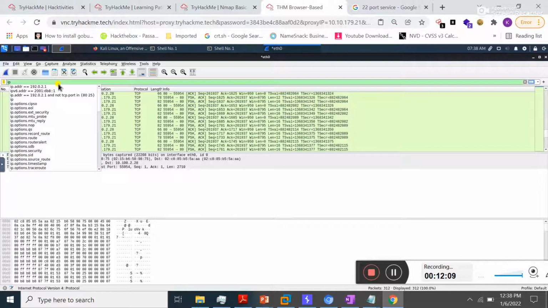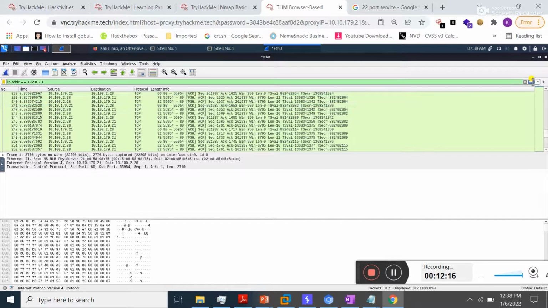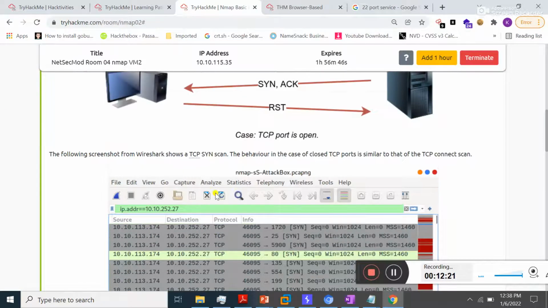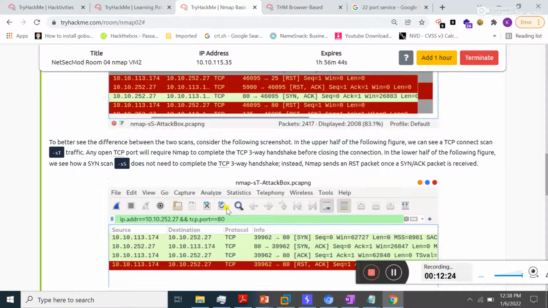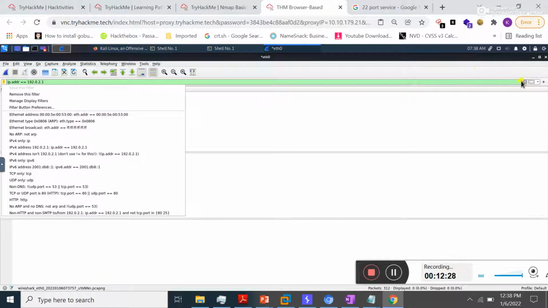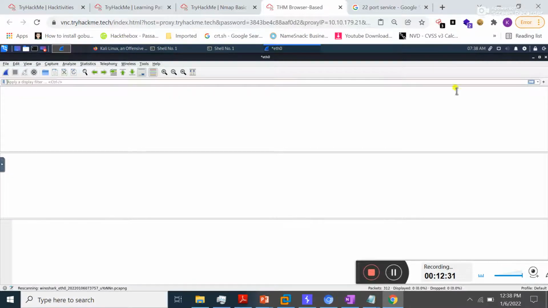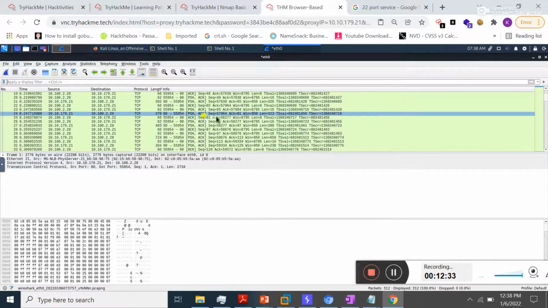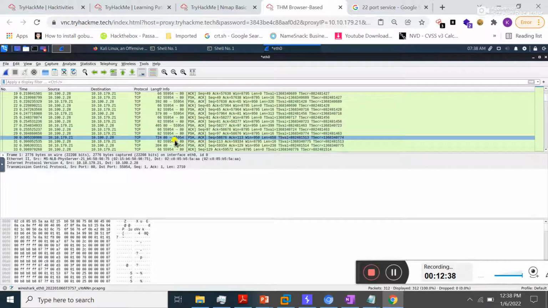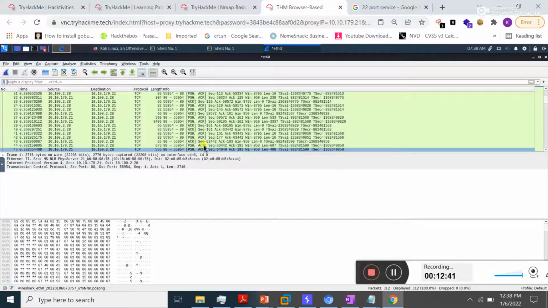If I type here an IP address, something like that, this one, and click on this icon in order to use this switch, right now no result is shown against this IP address. You can also use many filters, and you can clear this filter by pressing on this icon. Right now you can see some SYN acknowledgement packets are received here, and this is the way how you can capture your traffic in Wireshark.